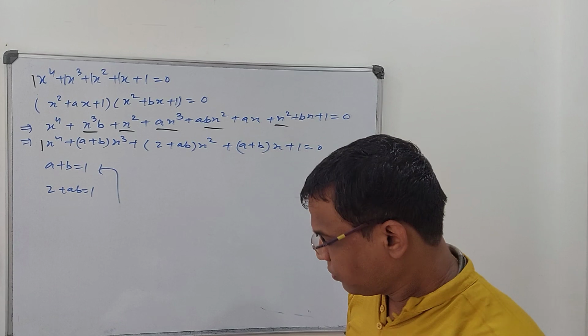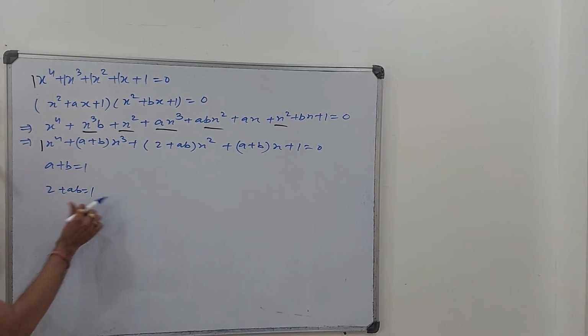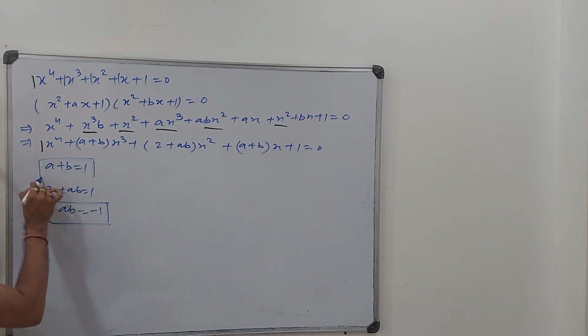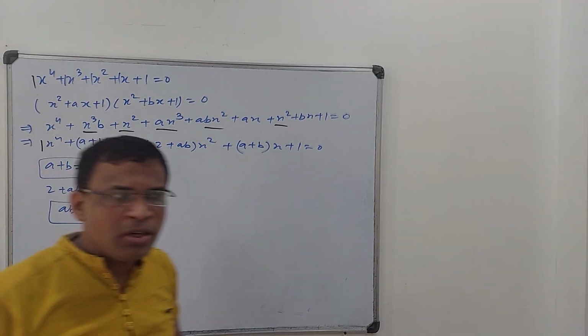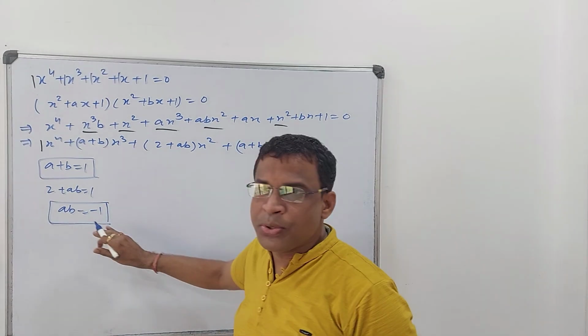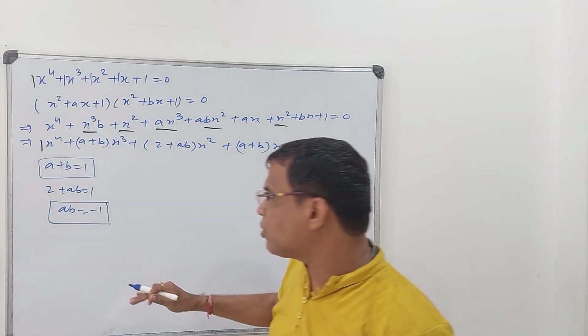Let us try what will be the next step. So I can have a plus b is equal to 1 and ab is equal to 1 minus 2, minus 1. So this is just like a quadratic. In quadratic splitting the middle term, if you remember, it is sum of the two terms and the product of the two terms, and we need to break it out accordingly. So let me convert this into the quadratic.